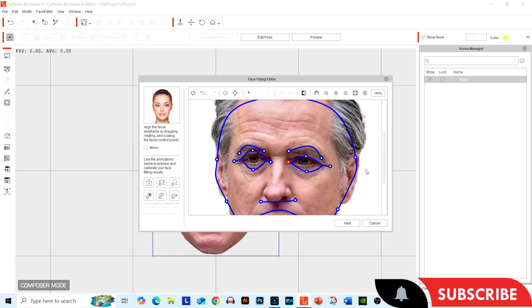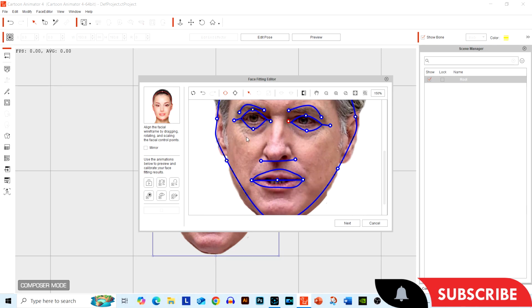Now I need to go down into the nose, click and drag it down, and we're going to put these on the edges of the nose. Make sure they're roughly the same line. Looks like they're straight across from each other, and that looks good. Also, the mouth is actually okay, but I'm going to move it down a little bit. Looks like it's a little bit too high, and take these green dots and move them to the ends of the mouth there.